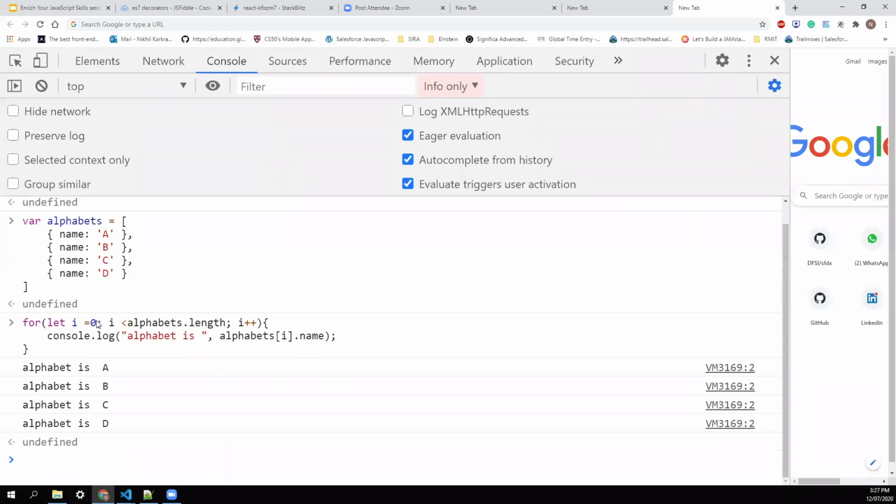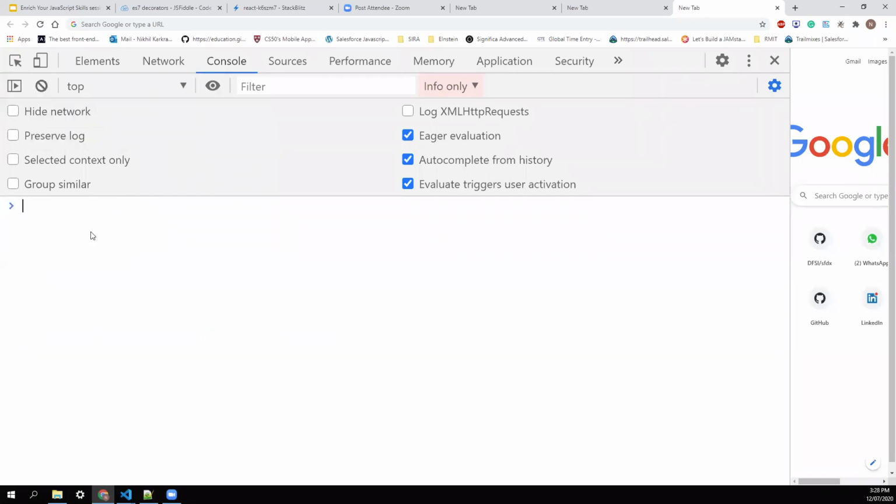But there is a performance issue sometimes, like we are creating a new variable every time we are creating a for loop. We are doing one array operation, that is finding the length. So it will always be a costly thing. Then they introduced a new loop to solve this issue, the forEach loop actually.